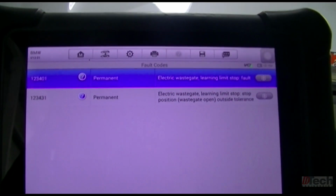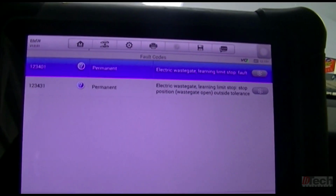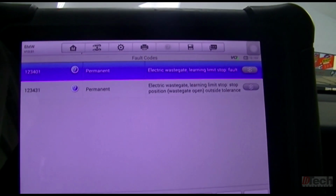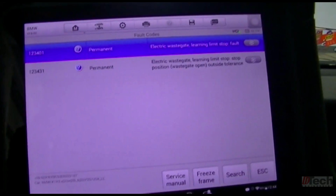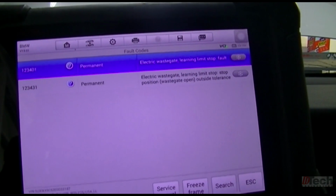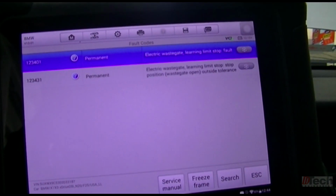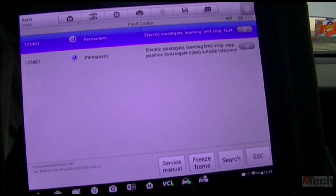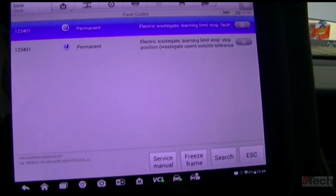So before we go ahead and tell the customer they're possibly going to need an actuator, I came in here and was trying to just clear the codes and see if I can actuate it through the scanner or see any data or positions, but unfortunately this one doesn't let me actuate it or have data on it, so I simply was just gonna try to clear the fault,